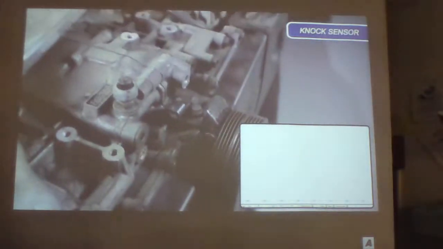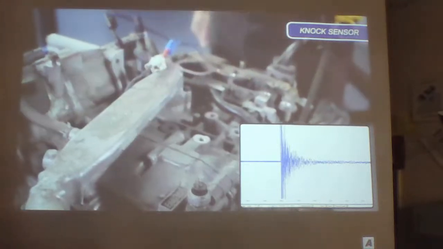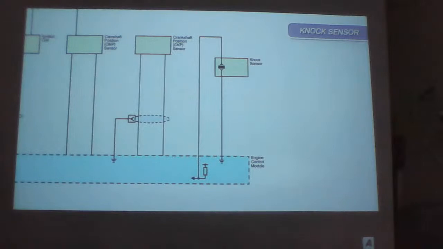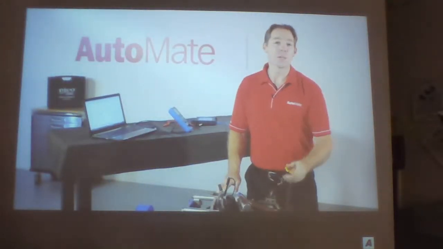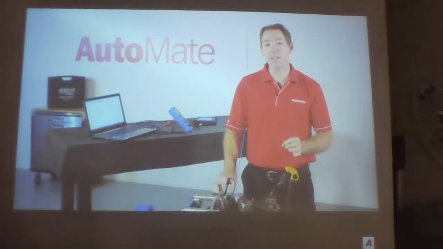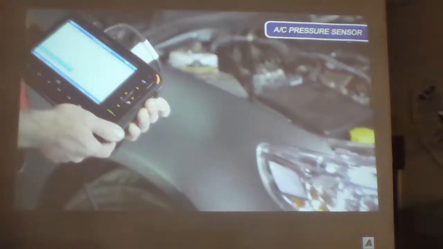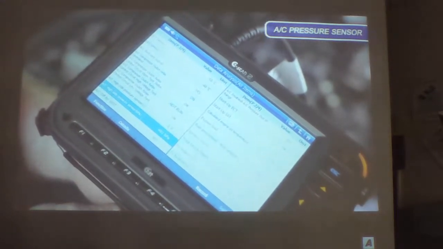With a scope attached to the sensor, any substantial vibrations will be detected and reflected as an alternating current signal. These sensors are signal generators, and as such, they don't require a reference voltage to operate. The main reason for using piezo technology is because of its accuracy and reliability. In this air conditioning pressure sensor, we were able to read very small changes in refrigerant pressure by amplifying the